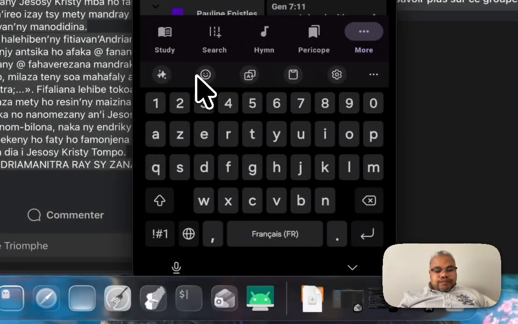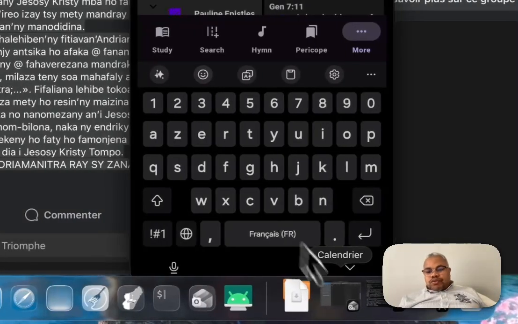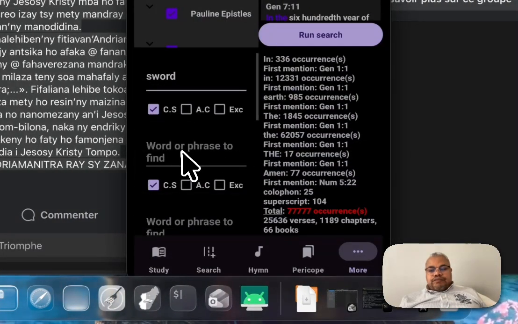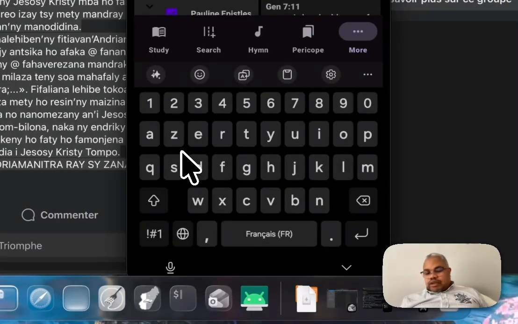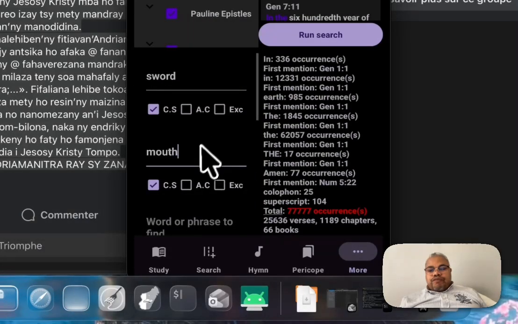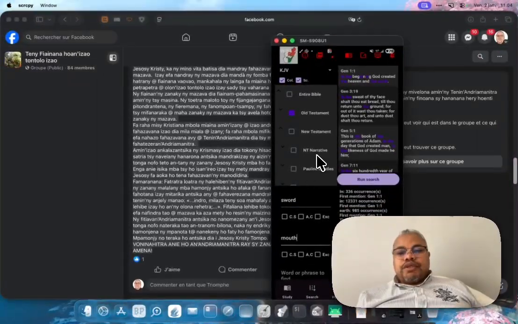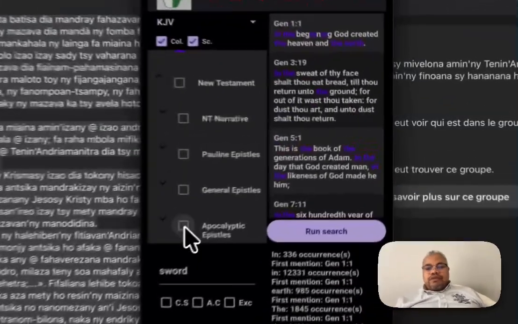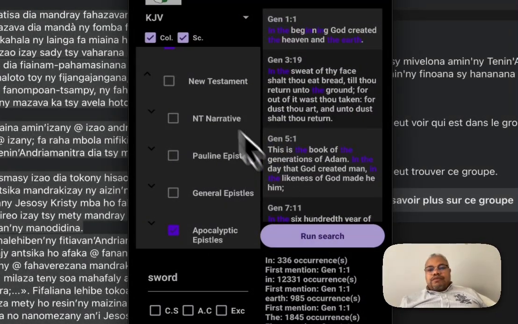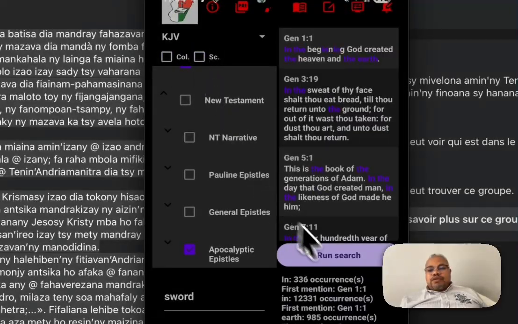Okay, now let's see with sword and mouth in the Old Testament only, and Revelation. Sword and mouth in the Old Testament and Revelation only. Run search,